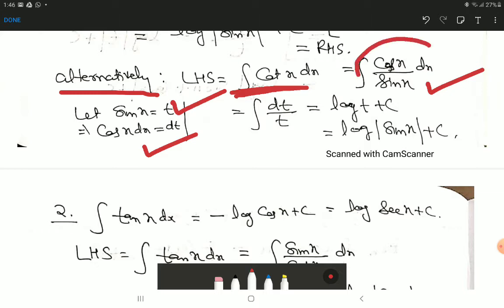Feed it here. Cos x dx is dt upon sin x is t, and integration of 1 by t dt is log t plus c, and I have fed back the value of t, which is sin x. So answer becomes log of sin x plus c. So you saw that either we can use the formula directly, or we can use the substitution method also, through which the formula has been derived. Moving to next formula,